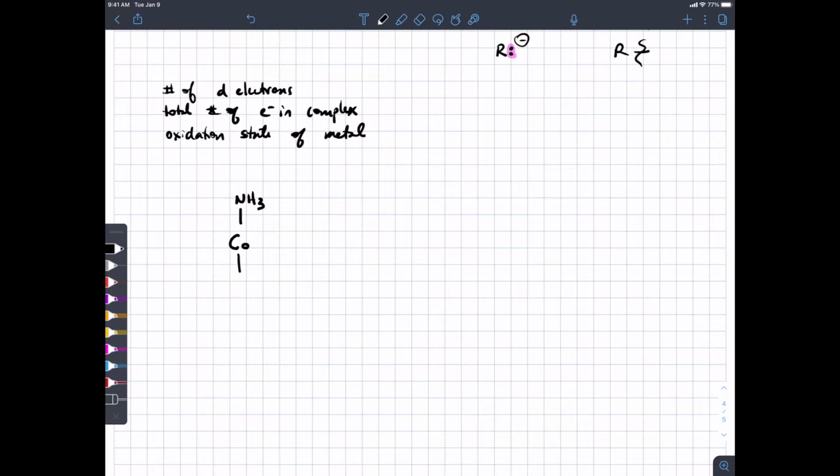And again, these are L-type ligands. So when you see this, you must think of those bonds as being lone pairs that are owned entirely by the ligand and not by the metal. And I think this is what troubled your classmates during the 9 o'clock hour, because they saw this and thought, why are there not pluses on those nitrogens? And the answer is